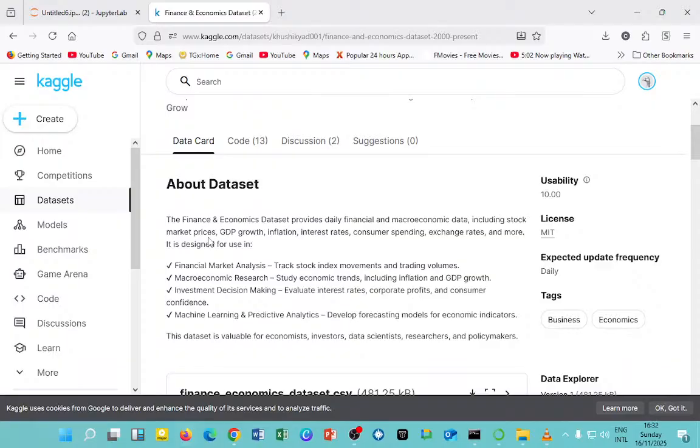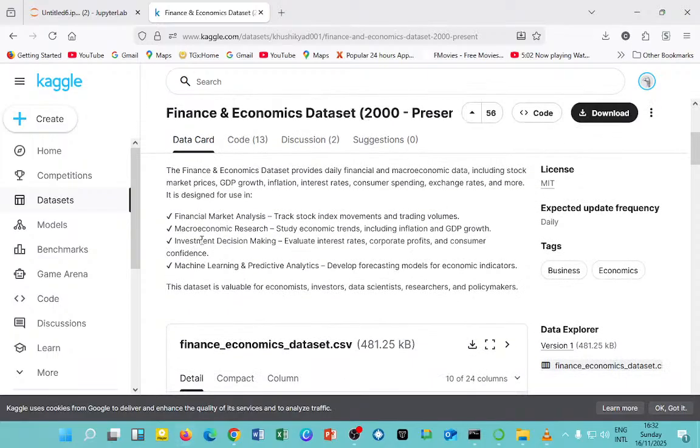The Finance and Economic Dataset provides daily financial and macroeconomic data, including stock market prices, GDP growth, inflation, interest rates, consumer spending, exchange rates, and more. It is designed for use in financial market analysis, to track stock index movements and trading volumes, and under macroeconomic